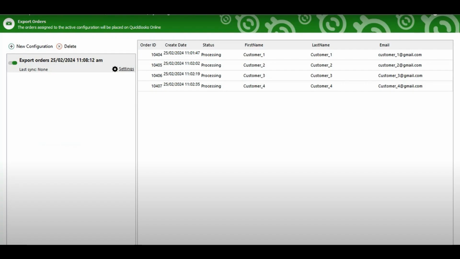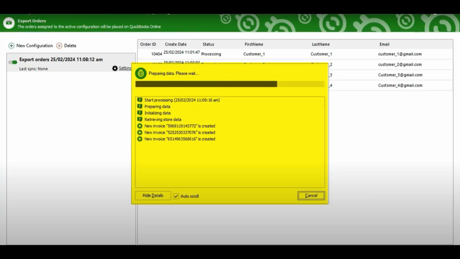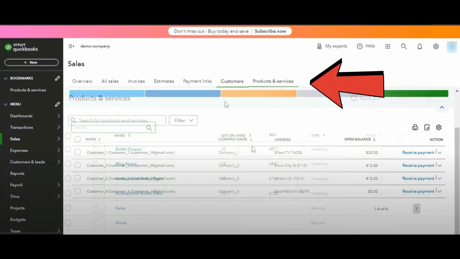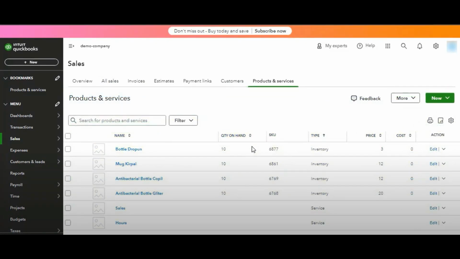To proceed, hit Process. The log file will confirm that new invoices were successfully created and updated. Close the window and check QuickBooks Online to see the results. Refresh the page, and you'll see the newly imported orders. Under Invoices, you'll also find the new customers that were added, as well as the products and services created during